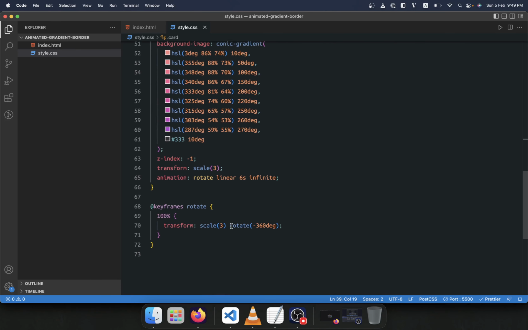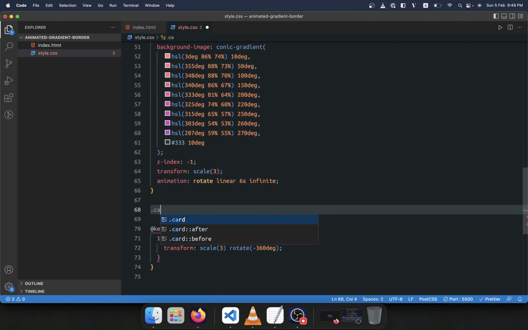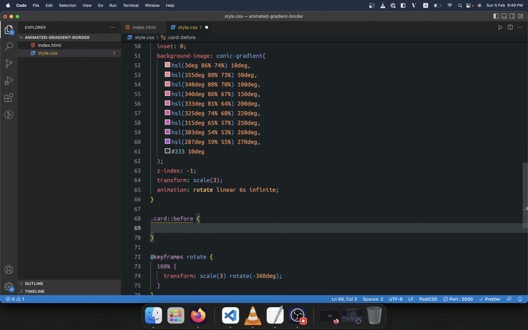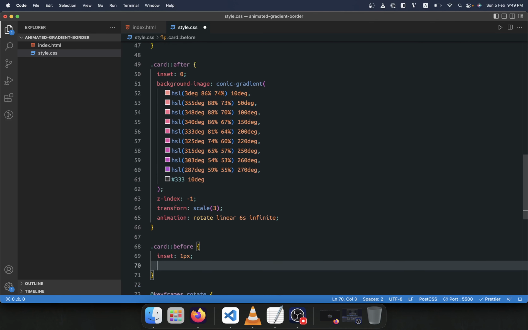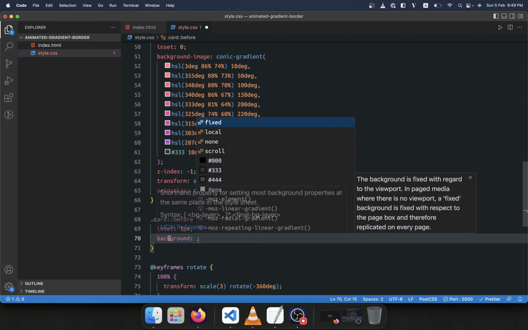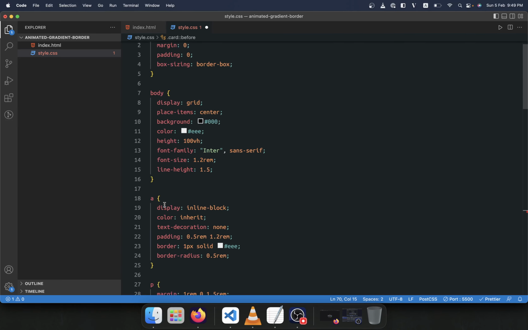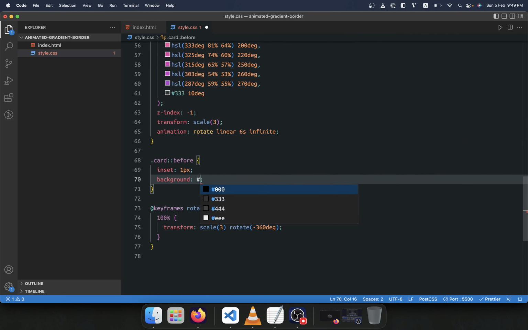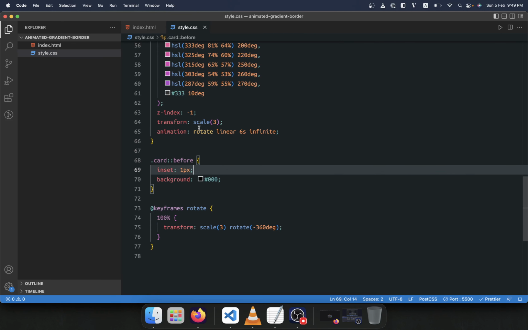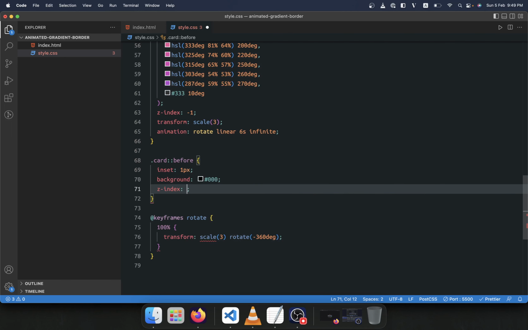So here I'll say card before, and here I'll say inset, and I'm gonna set this to 1 pixel, and I'm gonna set the background to the same background as the body. So I'll say black, and finally let's add z-index. I'm gonna set it to -1 here,